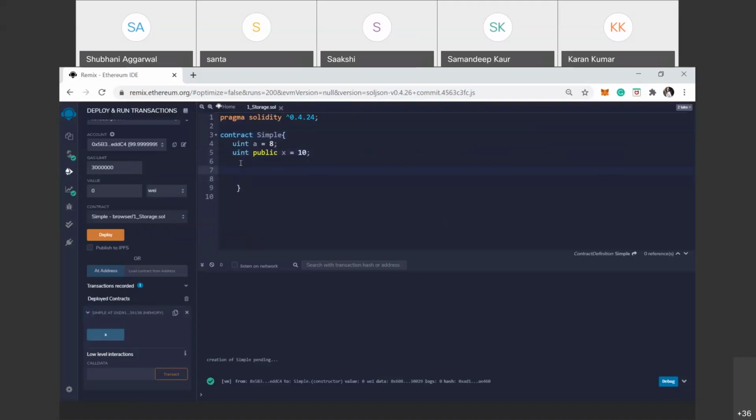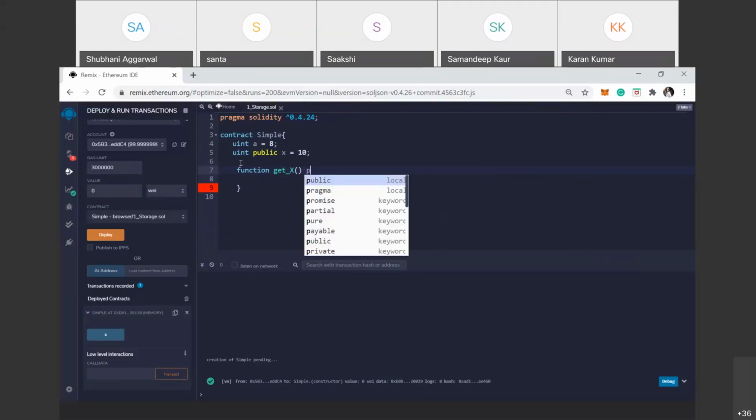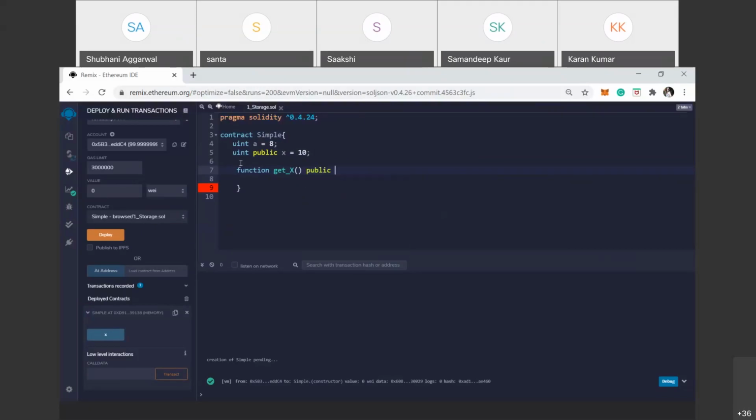Here, one function, function get x. Simple. We know that this function is public in nature, why? Because we write the keyword public here.